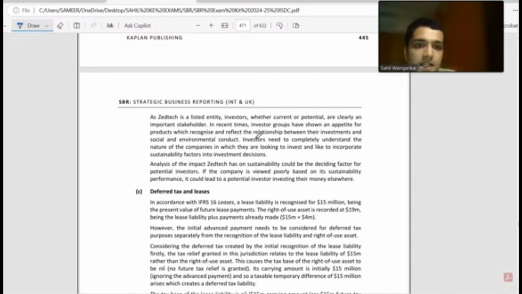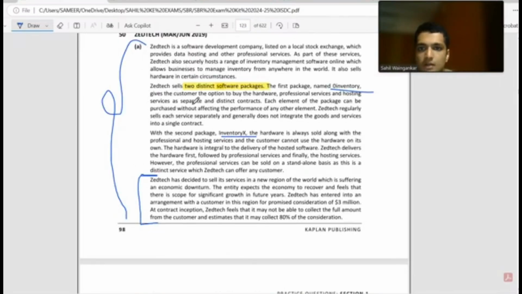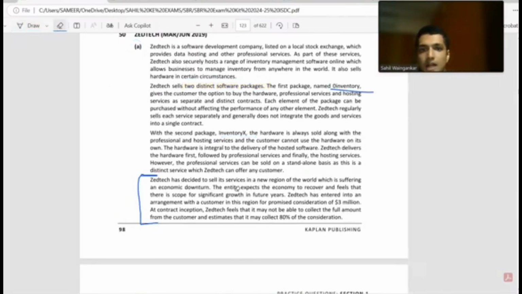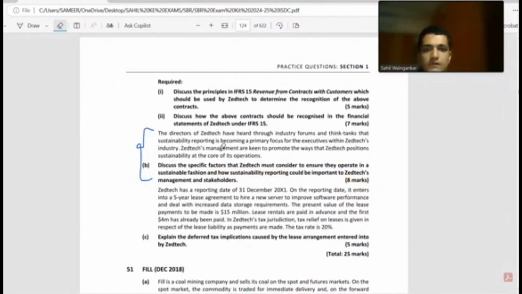Investors need to completely understand the nature of the companies in which they are looking to invest, and are likely to incorporate sustainability factors into investment decisions. Analysis of the impact Zedtech has on sustainability could be the deciding factor for potential investors. If the company is viewed poorly based on its sustainability performance, it could lead to potential investors investing their money elsewhere. ये भी एक पॉइंट अपन ने सीख लिया यहाँ पे कि अगर खराब हो गई रेपुटेशन, तो जो इन्वेस्टर्स है पोटेंशियल इन्वेस्टर्स, दे माइट इन्वेस्ट आवर मनी इन सम अदर कंपनी।